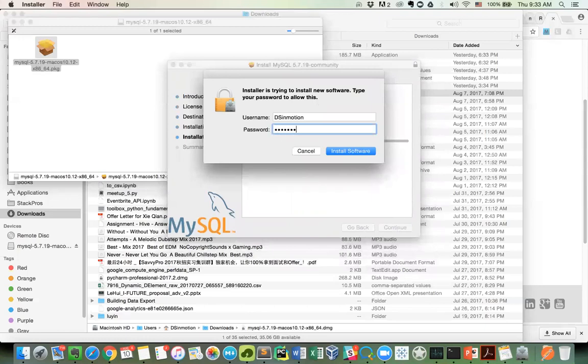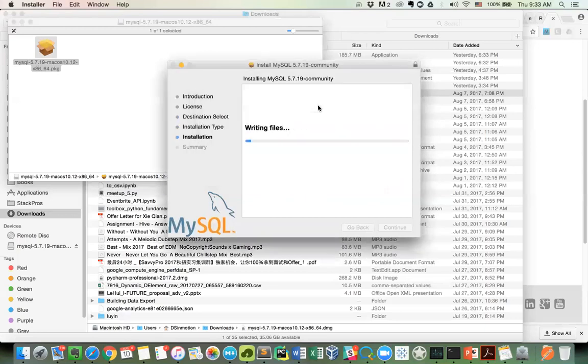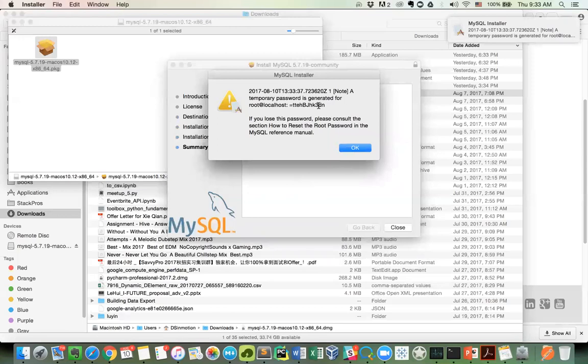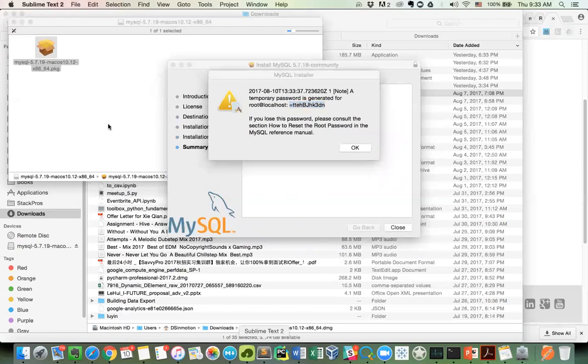It prompts you for your Mac OS admin password, and click on install. It starts to write files to your local drive to do the installation. Now, after about a minute, it's going to provide you a temporary password, like what we see now on the screen. A temporary password is generated for root at localhost. It is hard to memorize, so we're going to put this down for now